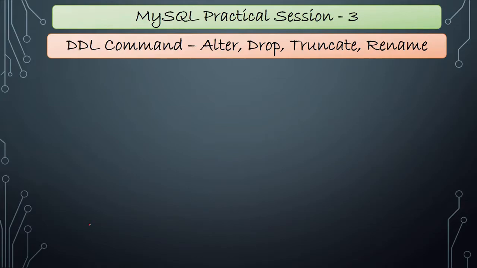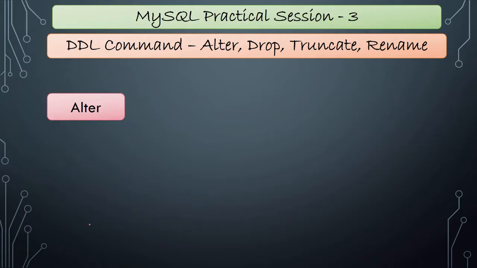So our first command is the alter command. As the name suggests, it makes changes, or you can say it changes the structure of the table, to add a column, to remove a column. So when we are making modifications in the structure of the database schema, or you can say the structure of the table, then we use the alter command.